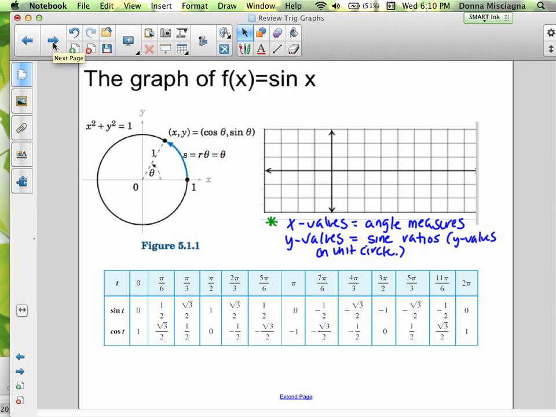All right, so the x values are the angle measures. The y values, in this case since we're graphing f of x equals sine x, are the sine ratios. Notice that it says, and I believe this is in your notes, you'll write in anything that's not already written in. Notice that it says y values on the unit circle, and you might be thinking, why just the y values? Well, remember that sine